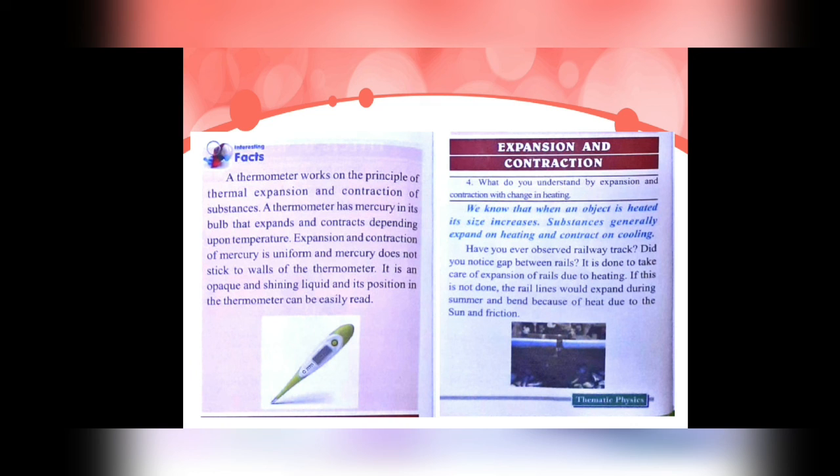If there is a zigzag path, the rail cannot move on it. So gaps have to be kept between the two railway tracks so that the tracks can expand on heating. If this is not done, the rail lines would expand during summers and bend because of the heat from the sun and friction, right? So there will be a bend in the railway tracks and it will be very difficult for the train to move on that. So that's why the gaps are